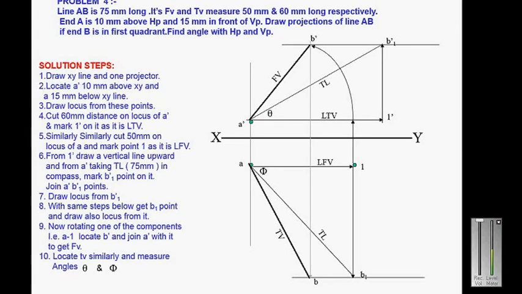Similarly, A1 and A dash B dash are equal, and then you project to the point 1 and you will get the point B1. It will be the true length, and that makes an angle with the VP. So remember, the length of A dash B dash is 50 millimeter, and the length of the top view is 60 millimeter. So it should be satisfied.